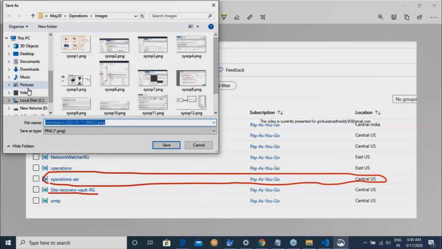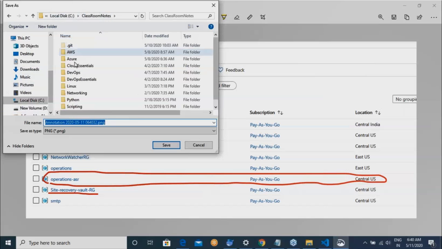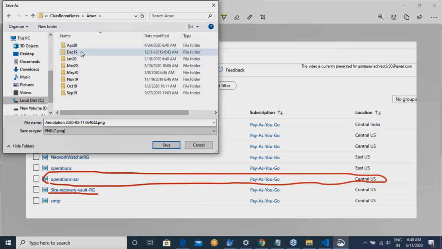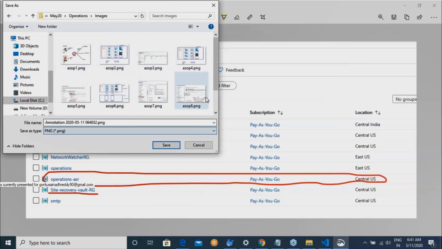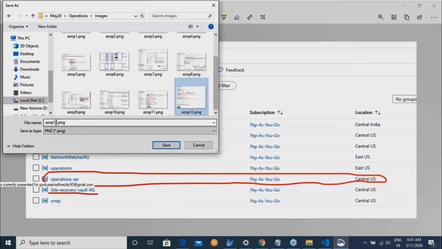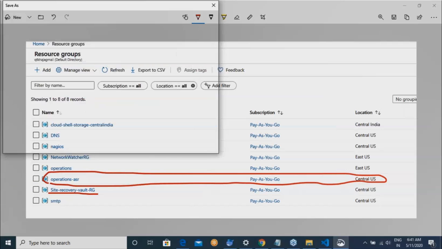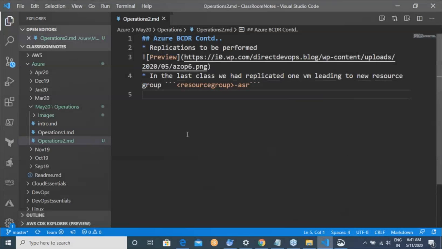So now go into your resource groups and try to find out if you have something similar to this: your resource group's name -ASR. My resource group's name was operations, so it was operations hyphen ASR. If you had given a different name, then it would be that different name hyphen ASR.